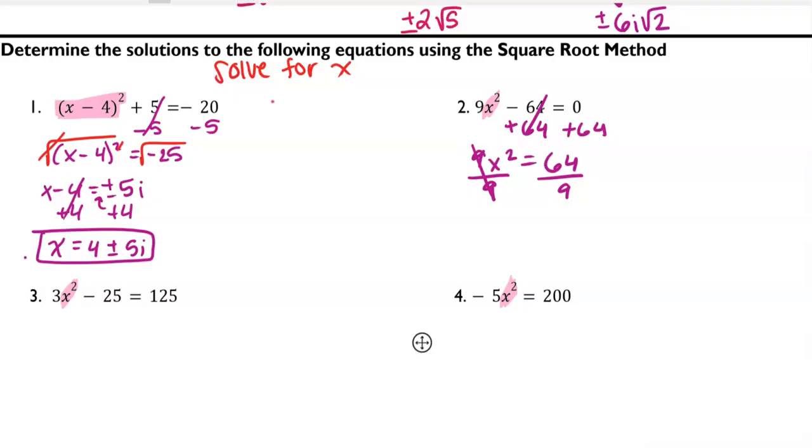Going back to our original conversation here is that x is the only thing being squared. So the only thing we can square root is x. We cannot square root the 9. Okay, so we have to divide the 9 first, and 64 divided by 9 is